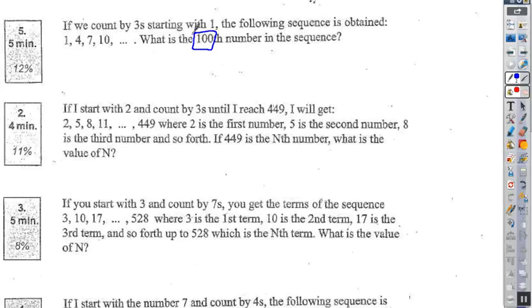Now the easiest way to do this is to go about writing an equation, and this happens to be something that we call a linear relationship. And a linear relationship is nothing more than a relationship that if you were to graph it on a coordinate plane, it would create a straight line. And linear relationships are written with an equation that is y equals mx plus b, where m is your slope,